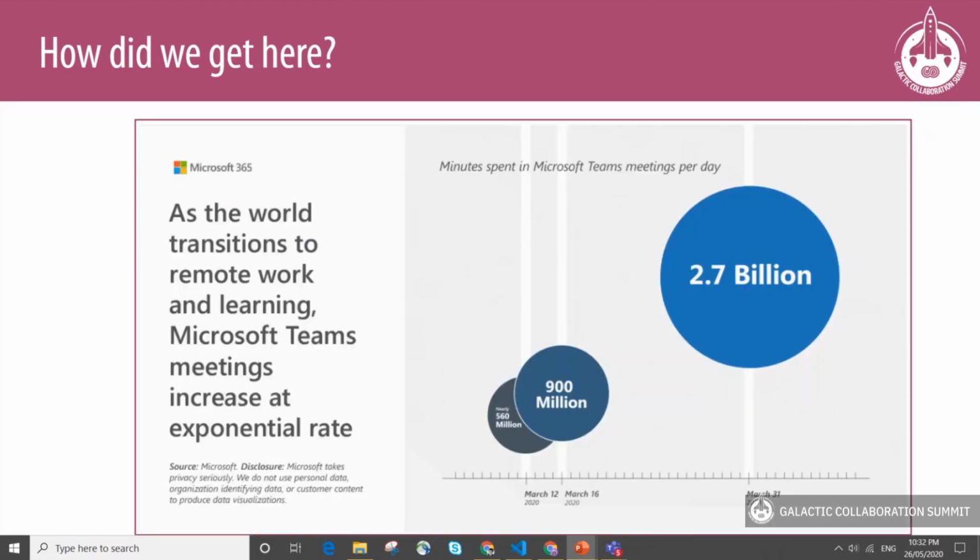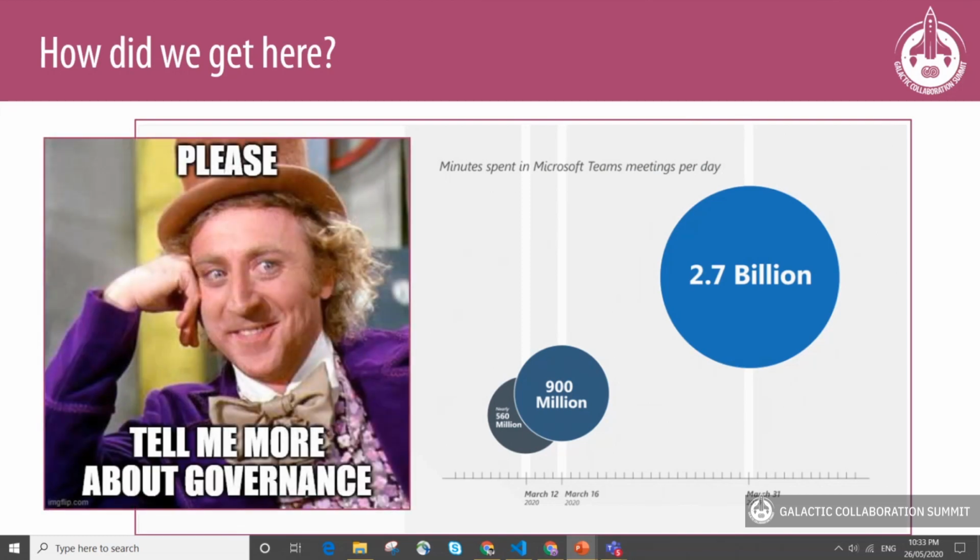Just as an example, this stat shows how, in those two weeks at the end of March, usage within Teams jumped. For example, the minutes spent in Microsoft Teams meetings per day tripled from 900 million to 2.7 billion just within a couple of weeks in March. And I'm sure that beyond March 31st, it rose even more. And that raises the question around governance,